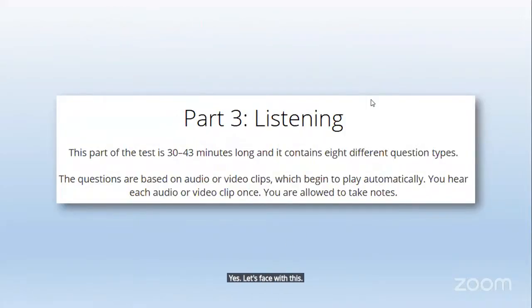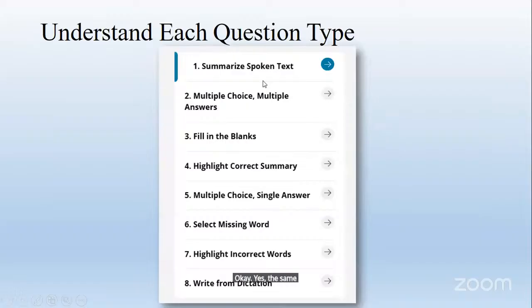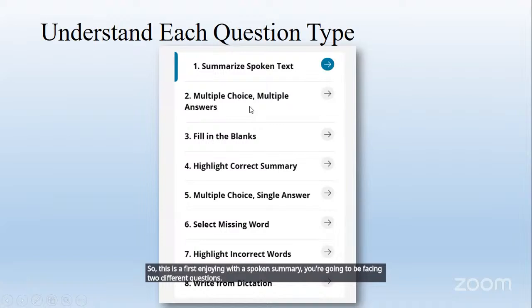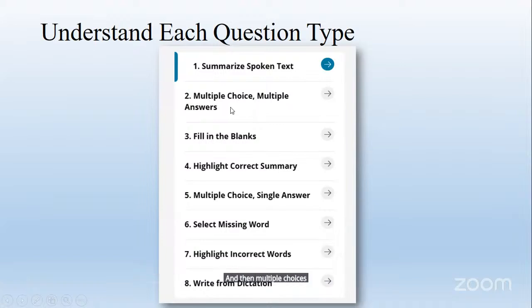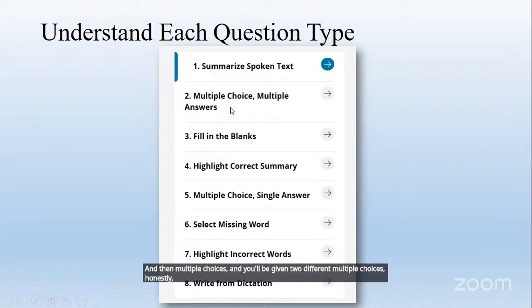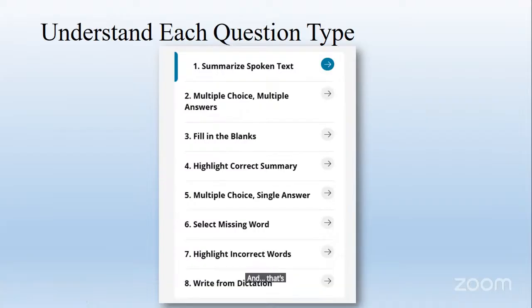Let's start with this. Okay, the same thing. I was showing you from the practice page book. So this is the first one, summarize spoken text. You're going to be facing two different questions and then multiple choices. You'll be given two different multiple choices, honestly, right? And that's the point. And having shared that,